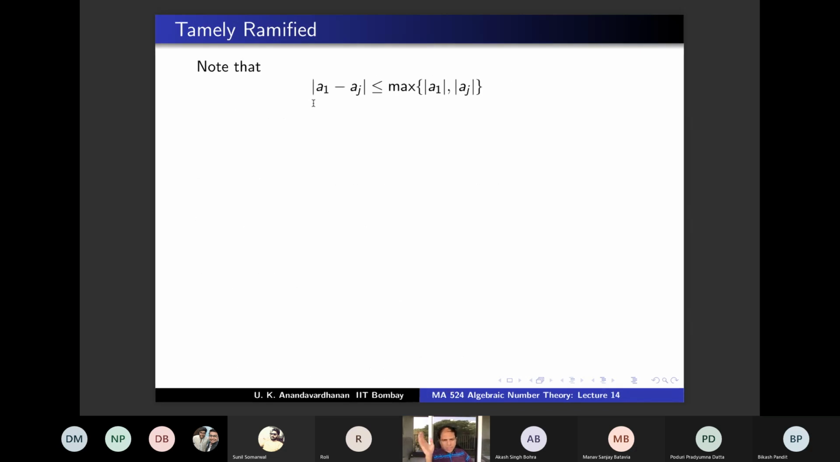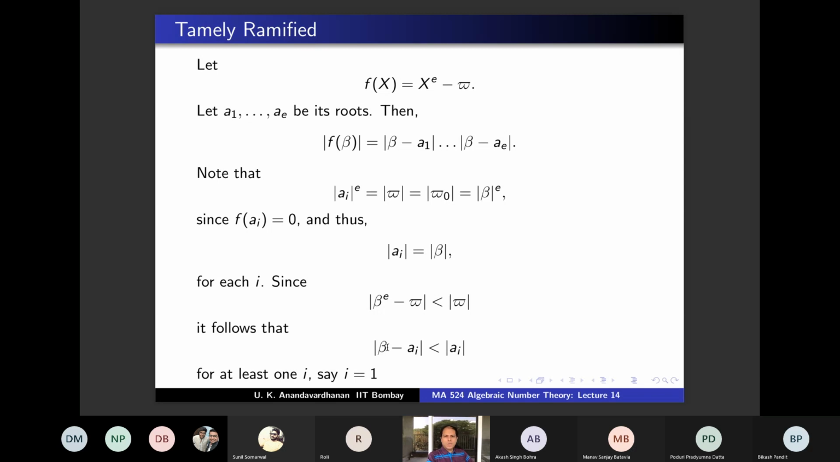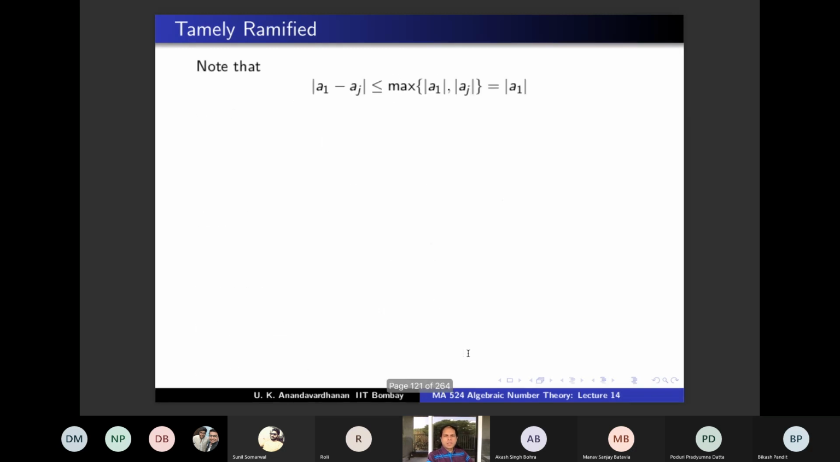Now mod a1 minus aj for any j is less than or equal to the maximum of mod a1 and mod aj, and mod a1 and mod aj are same, they are all mod beta, so this is equal to mod a1. So this is true for all j. So you know that mod a1 minus aj is less than or equal to mod a1. So putting that here, what are you getting? Here you have mod beta minus a1 is strictly less than mod a1, and this is the other way inequality anyway. So let's continue. So this is clear. Mod a1 minus aj is less than or equal to mod a1, and therefore you consider f prime of a1,